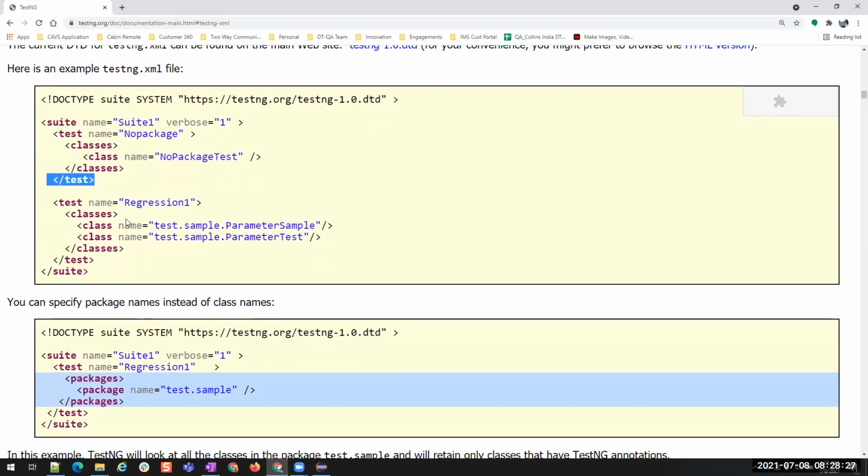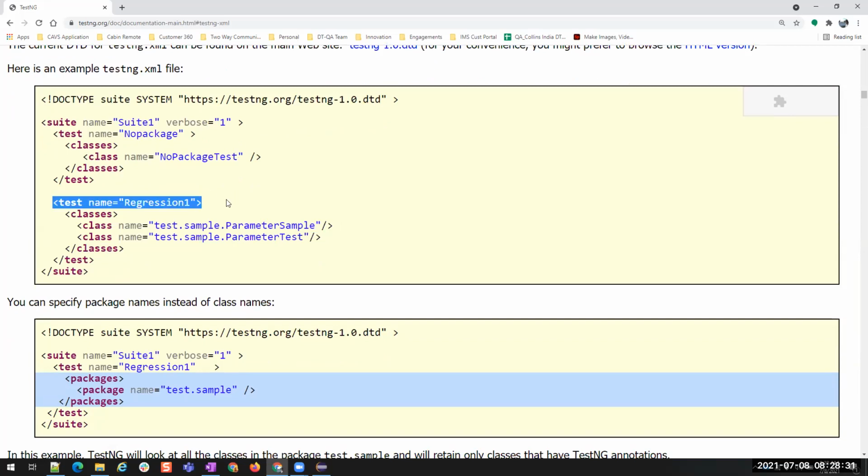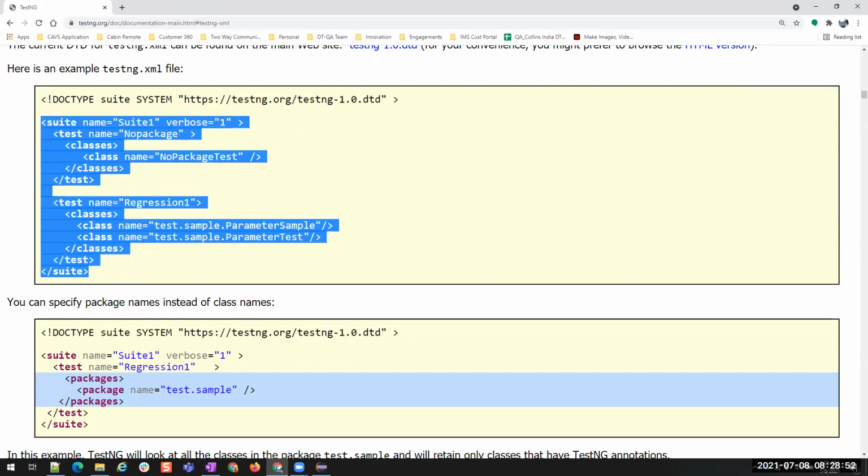Understood? And then here I have other test. Again, since I'm starting a new test tag, so my before test will be executed, and then my before class will be executed, class will be executed, after class, and then before class, class, after class, and then after test. So now I do not have any tests, so my after suit will be executed. Understood? So based on this TestNG hierarchy, we have the execution order of the annotations. Okay, is that clear?